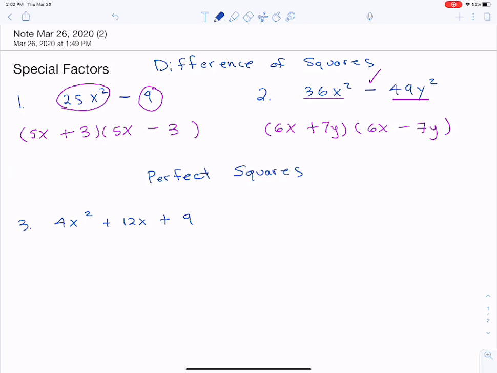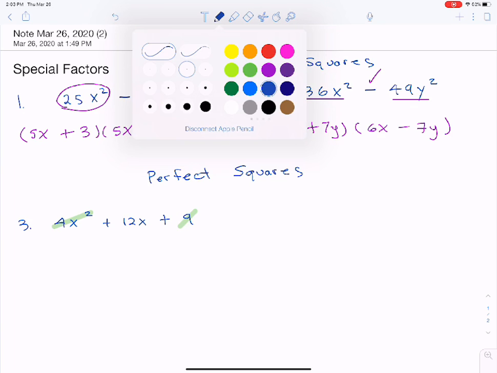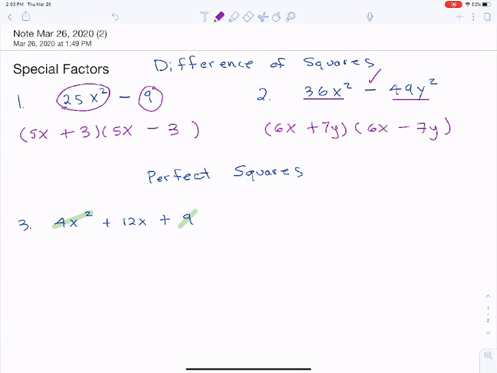The first thing I'm going to do is look at the first term and ask myself, is it a perfect square? Just like I did in the difference of squares. And the answer is yes. Then I'm going to look at the last term. I'm going to ask myself again, is this a perfect square? The answer is yes. So the last part, and this is the part that always gets students, is